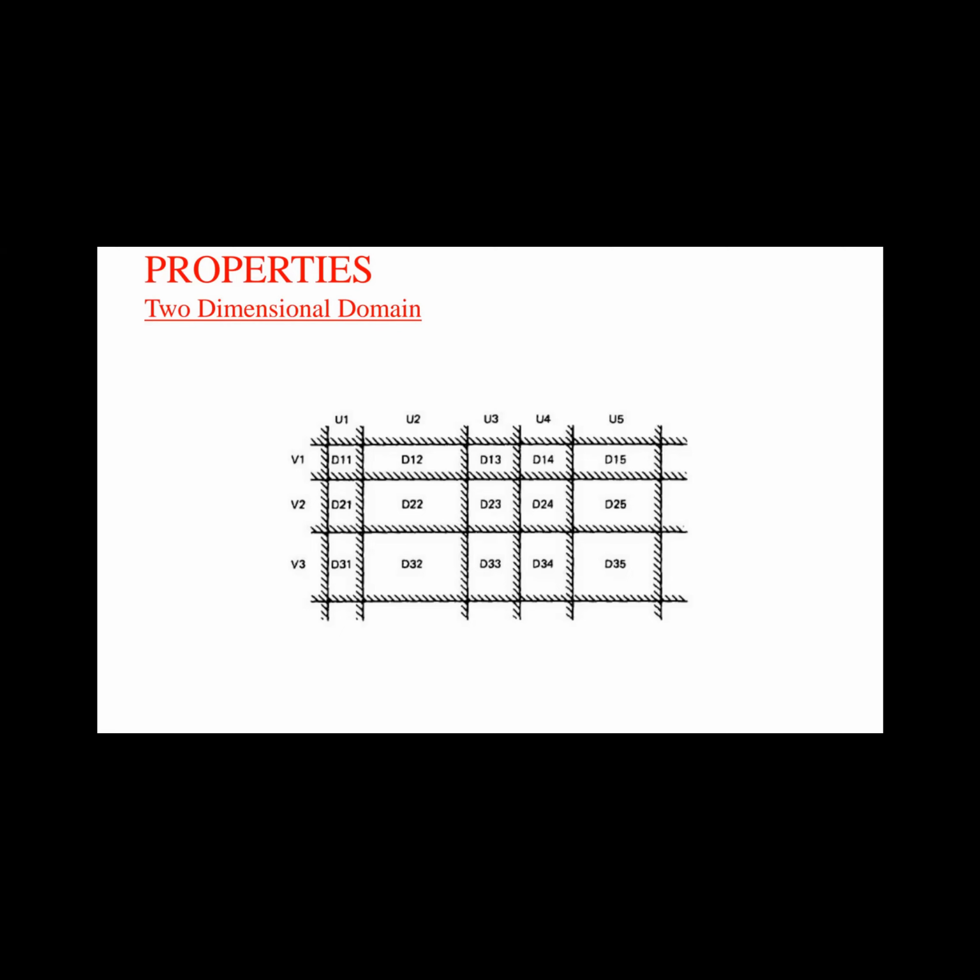If you have the two boundaries closed, then this domain is in a safe position. That domain is called a nice domain. A domain which contains a minimum boundary and a maximum boundary, that representation is called a two-dimensional representation. Every domain from D11 to D35 has a minimum boundary and a maximum boundary, so that representation is considered a two-dimensional domain.